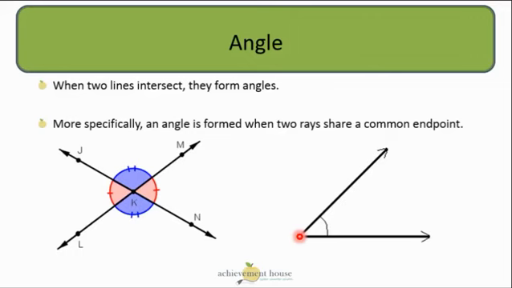We have two different rays. We have this ray and we have this ray. They share this endpoint, this vertex. And so what happens here is it creates an angle. This is what we call an angle, the space between these two rays, that amount of rotation between those two rays. And so when we talk about measuring angles, specifically in degrees, we're saying, when we say, for example, this